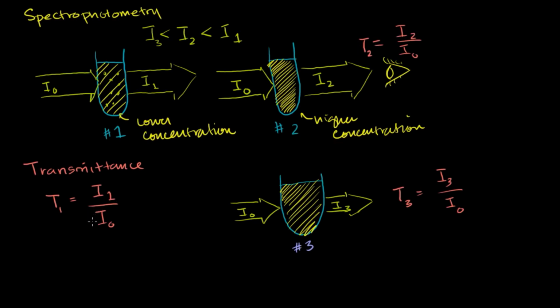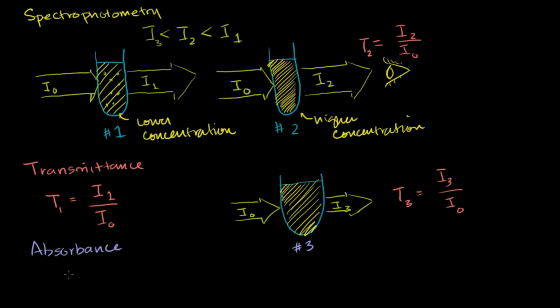Now, another definition, which is a derivative, not in the calculus sense, it's just derived from transmittance, and we'll see it has pretty neat properties, is the notion of absorbance. Here we're trying to measure how good it is at absorbing. Transmittance measures how good you are at transmitting. A higher number says you're transmitting a lot. But absorbance is how good you're absorbing. So it's kind of the opposite. If you're good at transmitting, that means you're bad at absorbing. You don't have a lot to absorb. If you're good at absorbing, that means you're not transmitting much. So absorbance